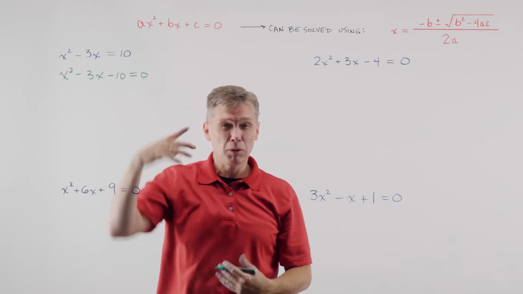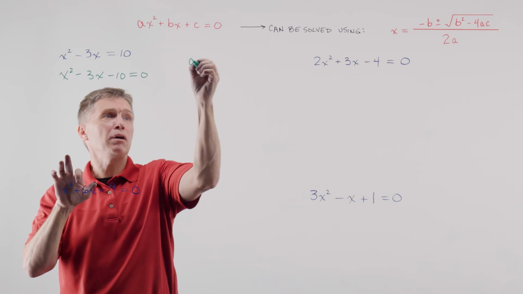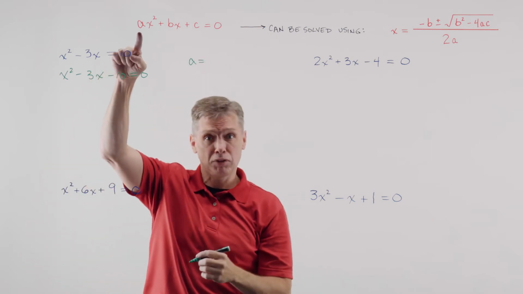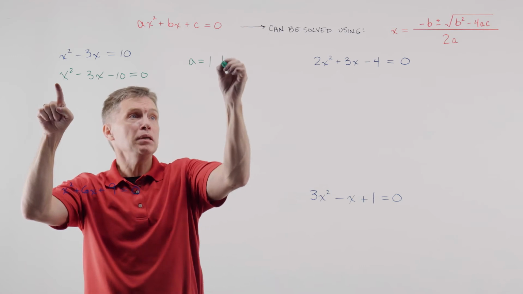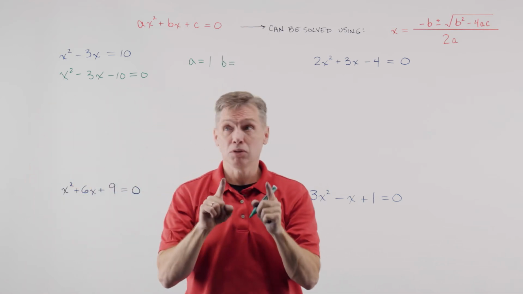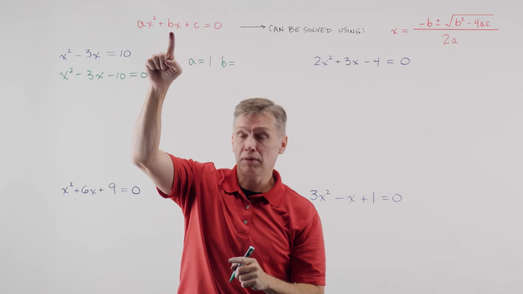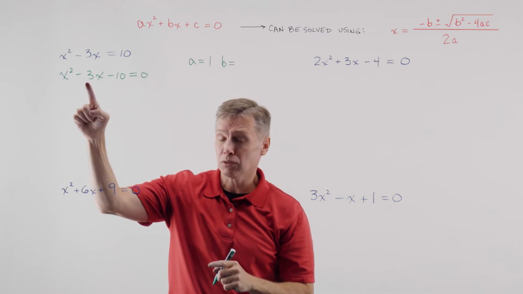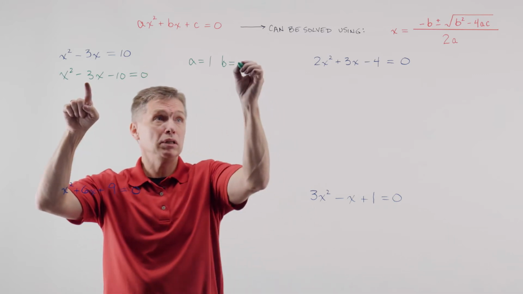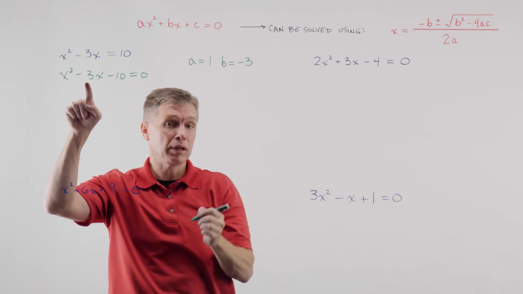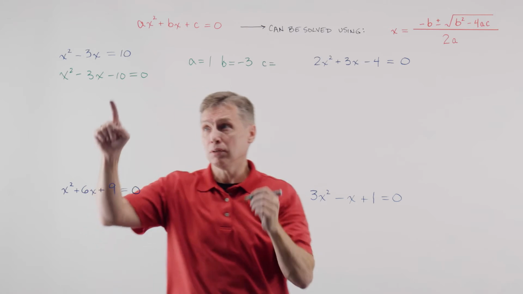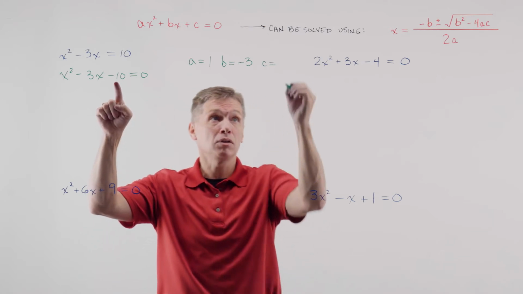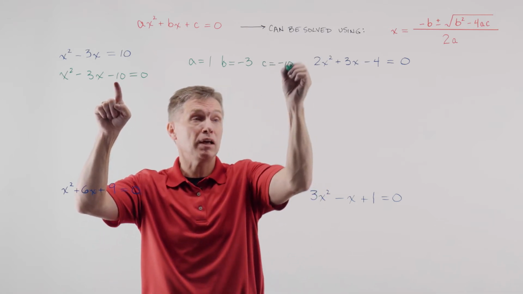All right, from there then what I would do is maybe just pluck out the a, which is the coefficient of x squared, which is 1 here. Get the b, the value of b. Notice this one. B is the coefficient of x, but there's a minus 3 in front of the x. Include that negative, okay? My b value is a negative 3. Similarly with my c, it's a subtract 10, so my c is a negative 10.